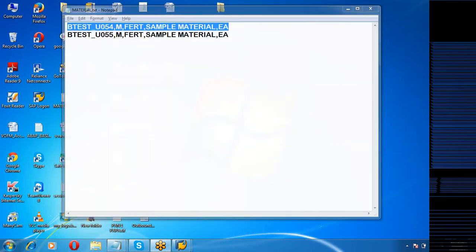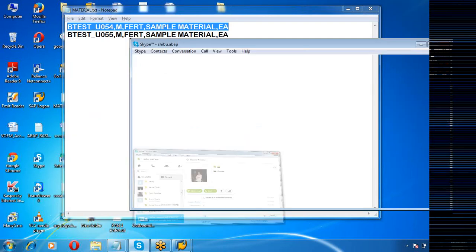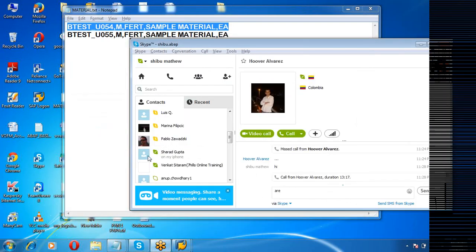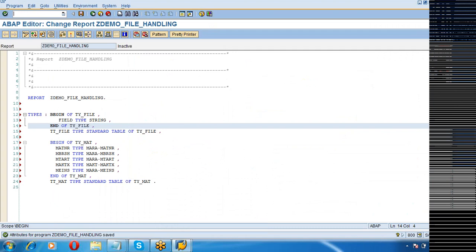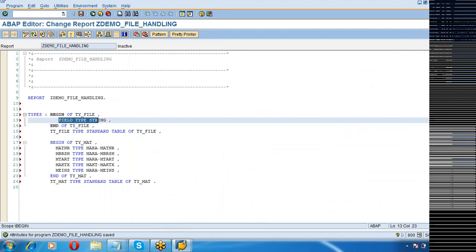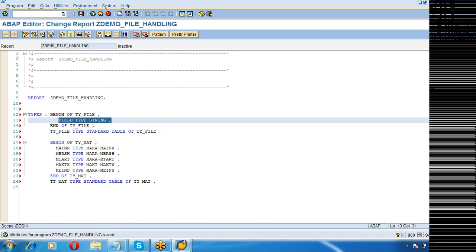That is the reason why I have declared a structure called file, and I have kept just one field in it.